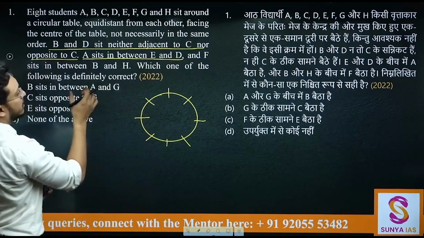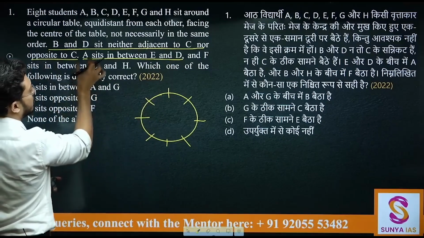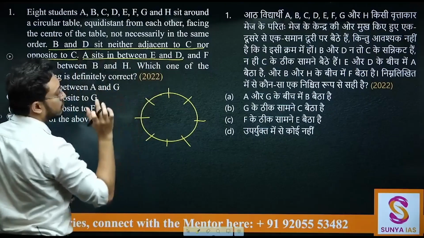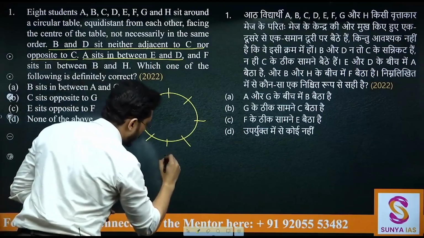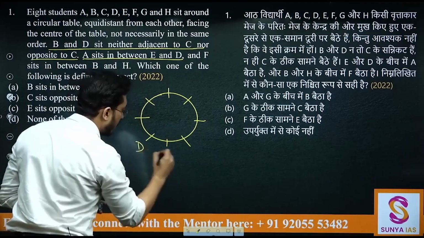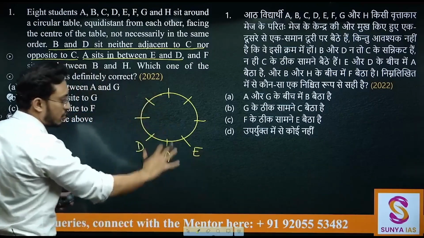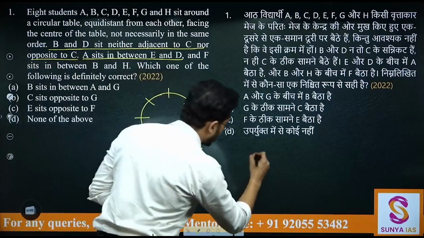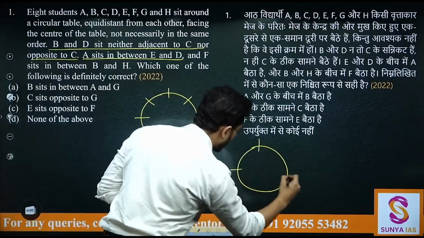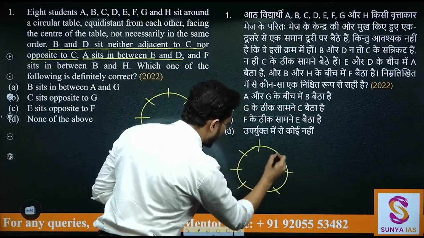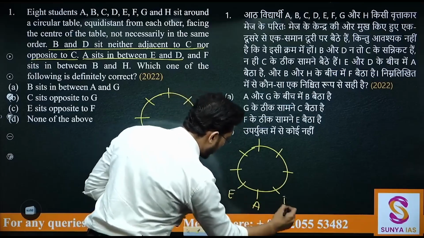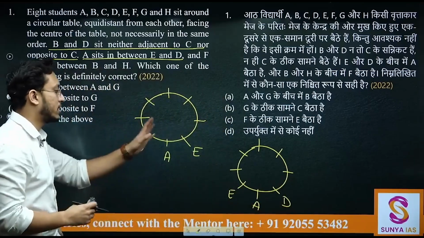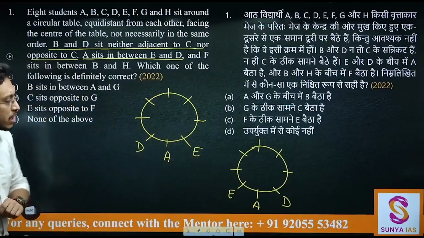Let's start with the information that is given about A sitting. So जिसके बारे में exact information दिया है उससे start किया जाना चाहिए. So let's say A is sitting exactly between D and E. So either you can have this case, or else you can also have this particular case, that A is sitting here, D is sitting this side and E is sitting this side. So either this or this is the case that we can start with.